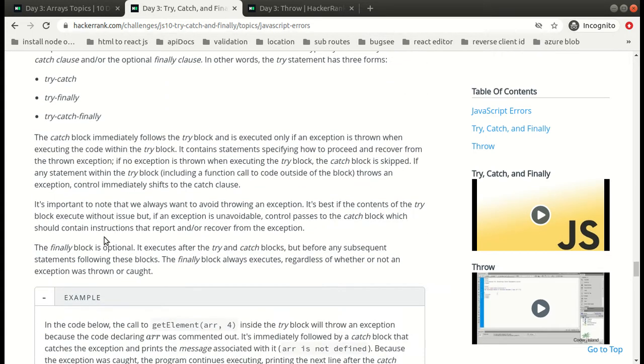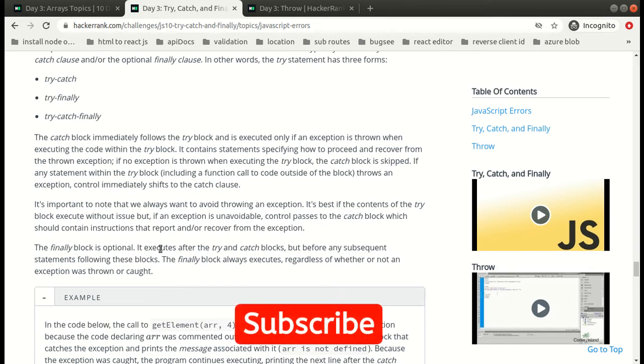Finally, this block is optional and it will run whether the exception is thrown or not. So if there is a particular code that you want to run whether the exception is thrown or not, you can write that code in the finally block.